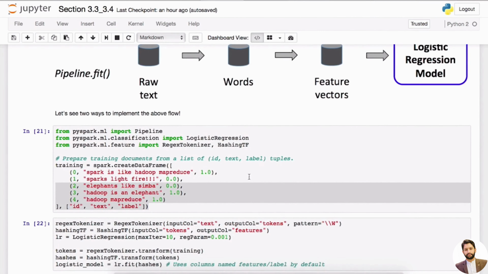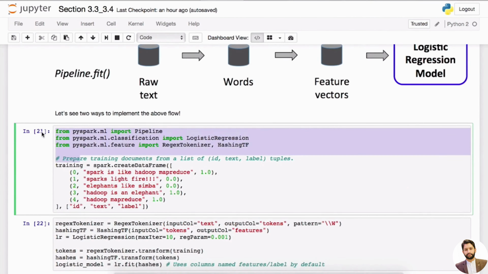So let's take a look. We're going to import all these things. ML is all coming from PySpark.ml, and then we're going to import Pipeline and the LogisticRegression estimator. And also from ml.feature, we're going to use RegexTokenizer, which is a transformer, and